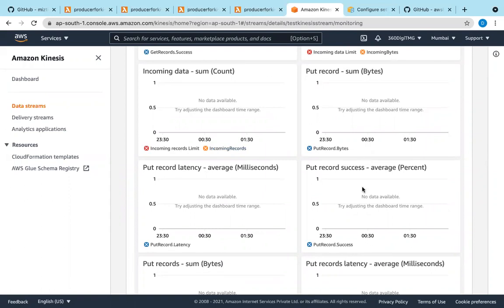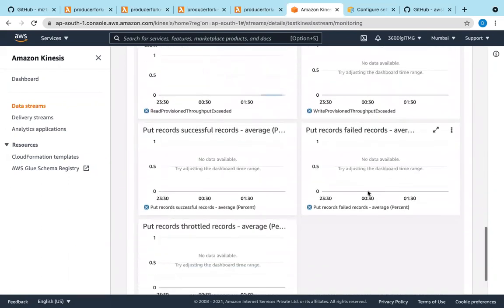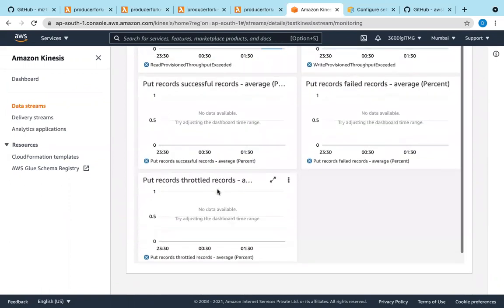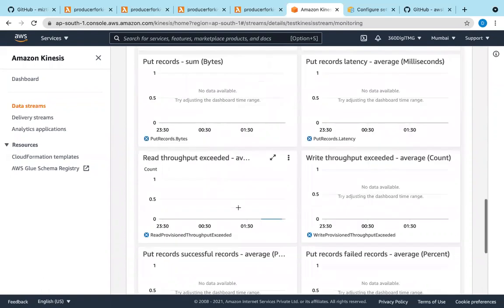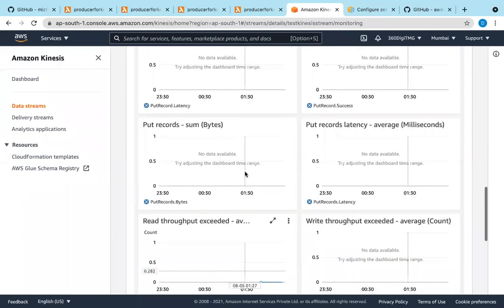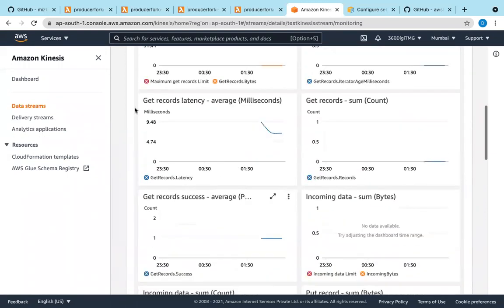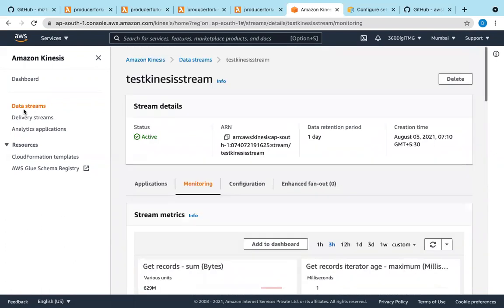So no put records. AWS has to put record. Read through. So Firehose is reading from this. Firehose has to read from the data stream. Get record success. So let us go to Firehose.